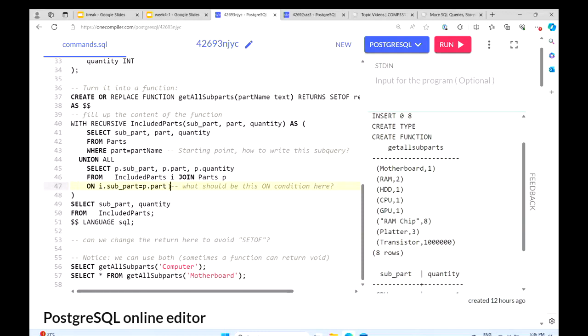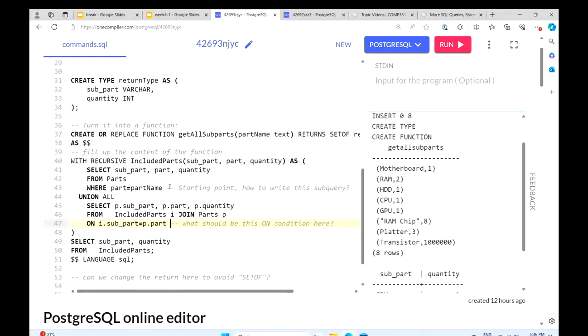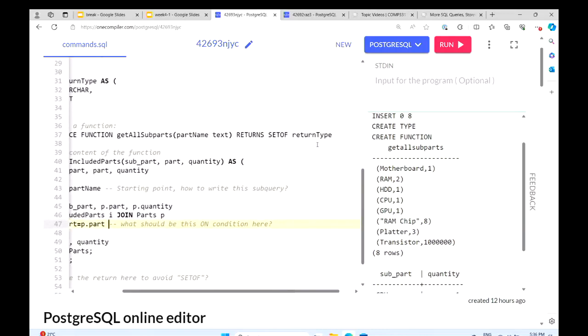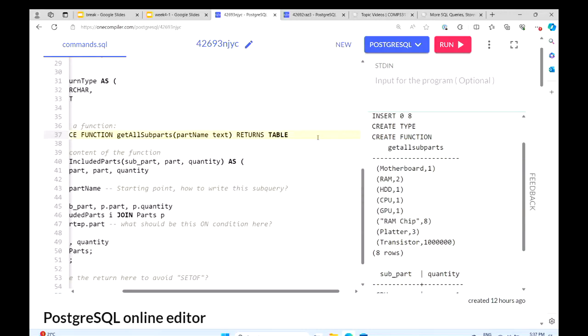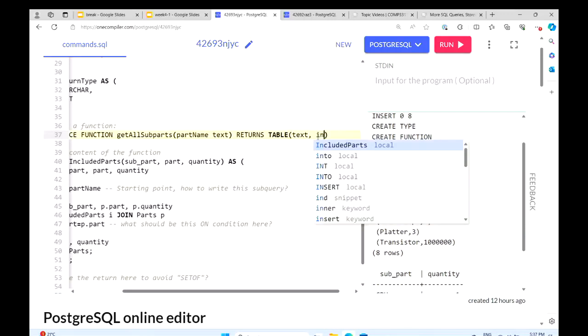Let's try to do some small modifications here. What if we don't want to use the customized type? We don't want to define this customized type, but we still want to return these two columns which don't correspond to any table. Remember, in our slides we mentioned that we can return a table. We can return a table header here, and we can return text and int.